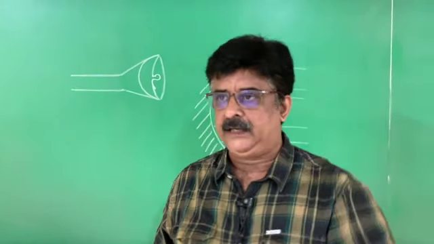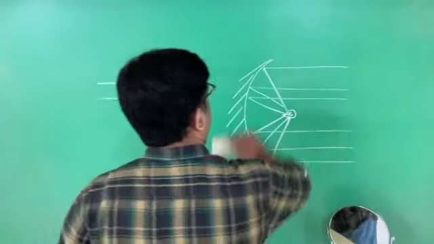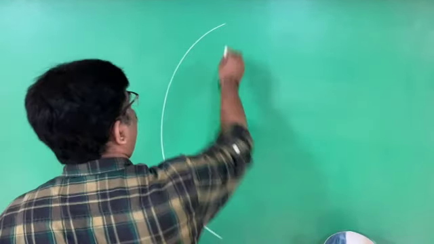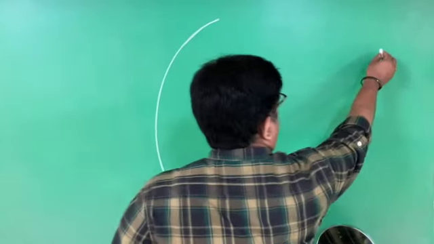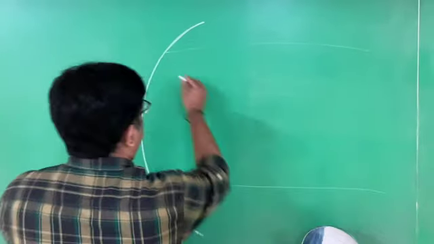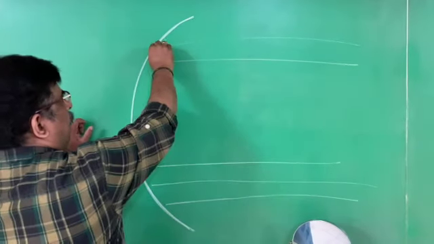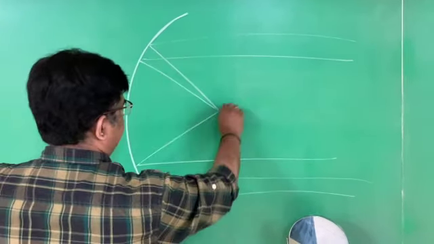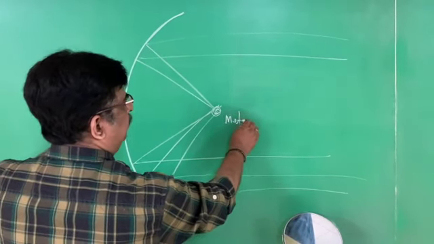One more industrial use of concave mirrors is in solar furnaces. Solar furnaces use huge concave mirrors, and the sun's rays fall on them. The sun's rays are a parallel beam of light to the principal axis. They all converge at a point. That point is called the principal focus. Here they keep the metal to be melted.